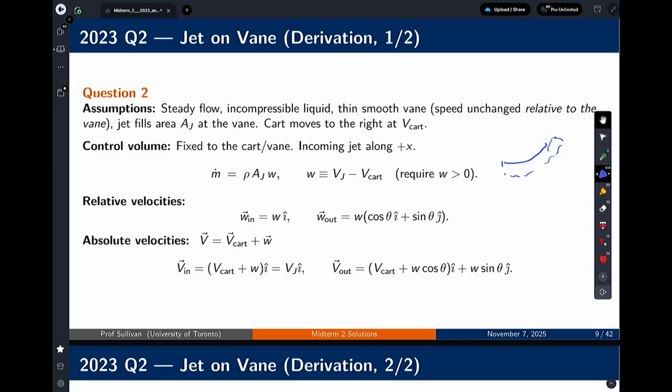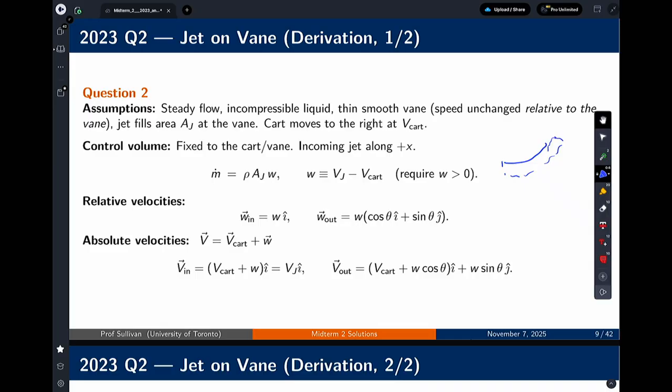And m dot equals rho times the area of the jet times W. And W, in these cases, is referring to a relative velocity because the cart is moving. So Vj minus V cart. Now, when it comes in